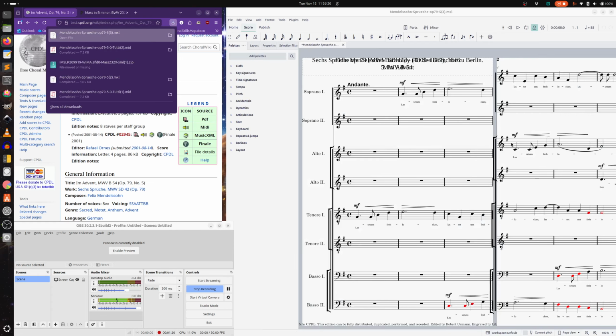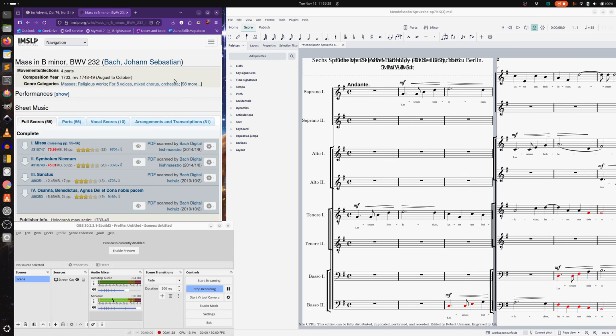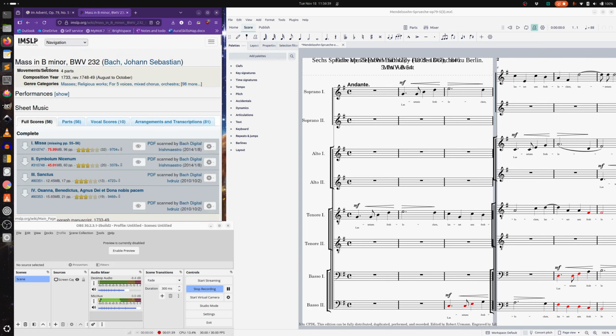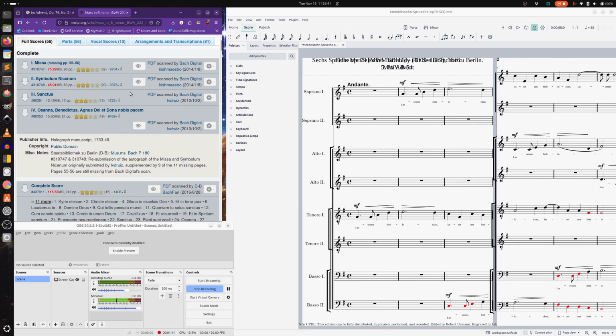Before I do any work on this, I just want to demonstrate that it's also possible to find engraving files on sites like IMSLP. However, you do have to get really lucky. These are more common to find on CPDL, but if you don't find it on CPDL, you could always check IMSLP and see if you get lucky. So here's the Mass in B minor by J.S. Bach, and you can see for each piece,